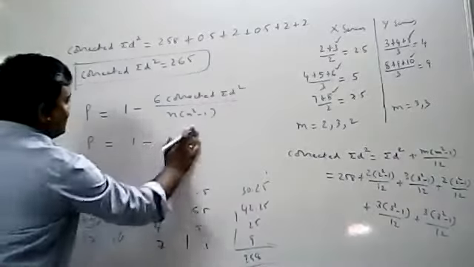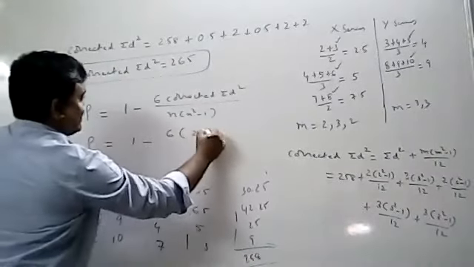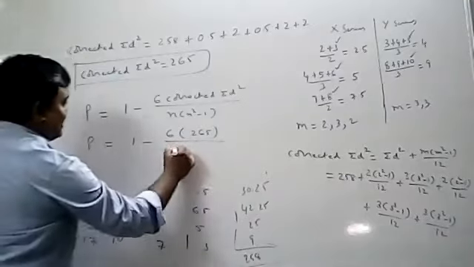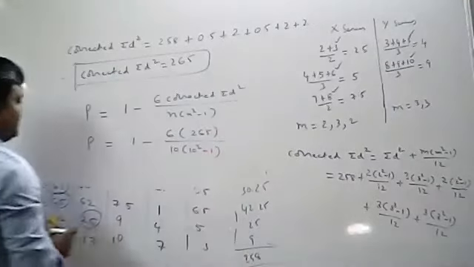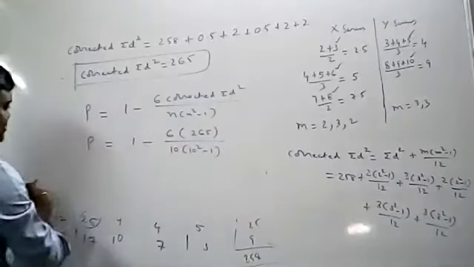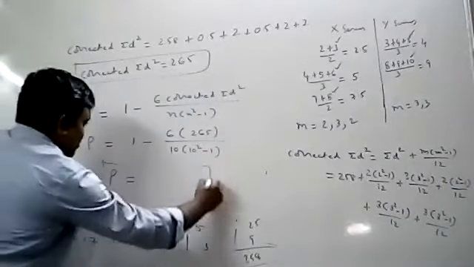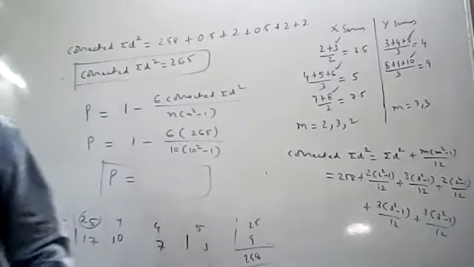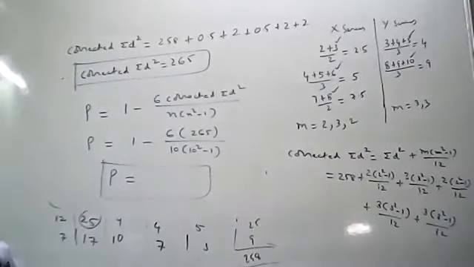This is nothing but rho equals 1 minus 6 into corrected summation d square, 265, divided by n value. What is the n value? 10 into 10 square minus 1. Simplify it and tell me the rho value. The rho answer should be either equal to minus 1, otherwise equal to plus 1, otherwise in between minus 1 to plus 1. If anyone simplified, just calculate the rho value and tell me the answer.